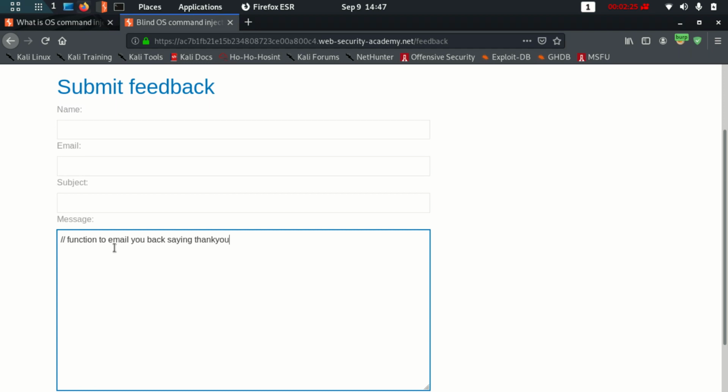Usually when you submit feedback, there is always a thank you for submitting the feedback. Just like that, they are sending you a response. Obviously this is automated, so it will mail the given mail address which you just provided, and it will mail thank you.